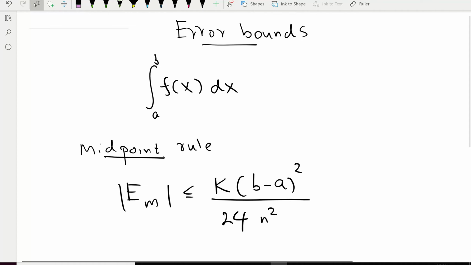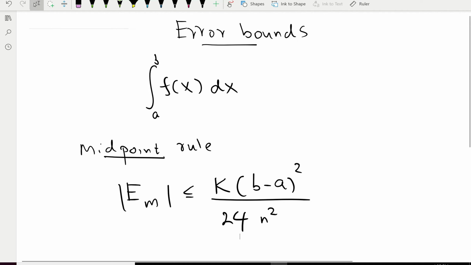Hello everyone. Okay, so in this video I'm going to discuss error bounds that we encounter in approximate integration methods. Now this is one of those lessons that students struggle with, and I will try to explain in this video why we need error bounds, what they are exactly, how we are going to use them, and what their real meaning is. So if we learn that, hopefully we can understand the questions and the lesson better